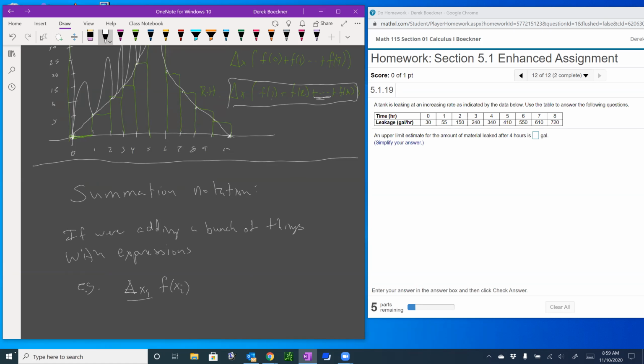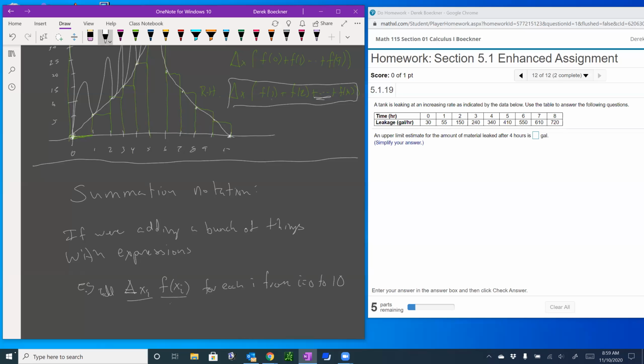This is the width of the ith rectangle, and maybe I'm looking at just the left-hand endpoints or the right-hand endpoints. So this would be the height of the xi rectangle. So if I want to add that up, add this for each i from i equals 0 to 10 or something,